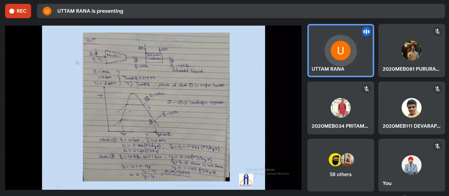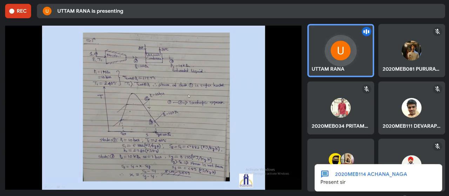So my state 1 is basically pressure P1 of 1 MPa and temperature of 250 degrees centigrade. If you look into state 1 in the thermodynamic table, the saturation temperature corresponding to P1 is 179.9 degrees centigrade. So T1 is greater than Tsat. So state 1 is a superheated state, which is also a rarefied state.